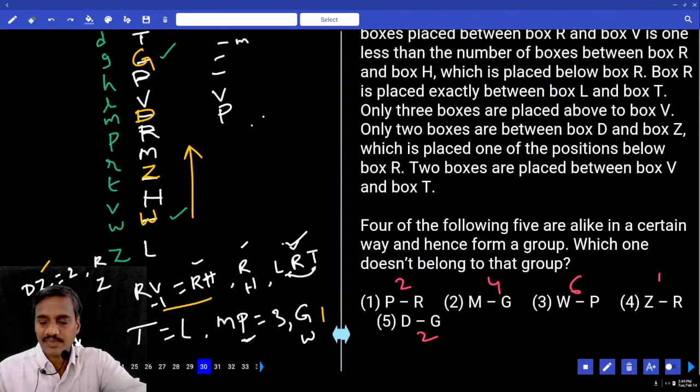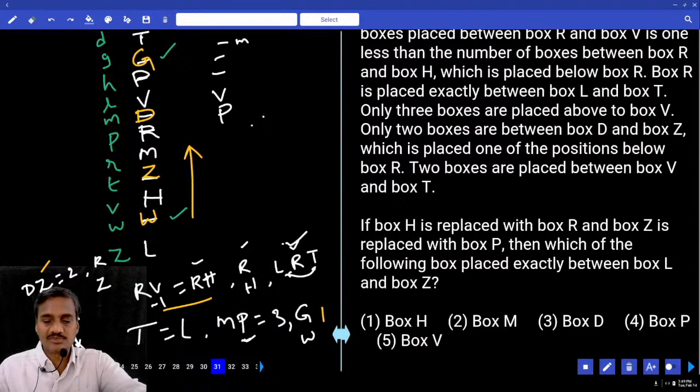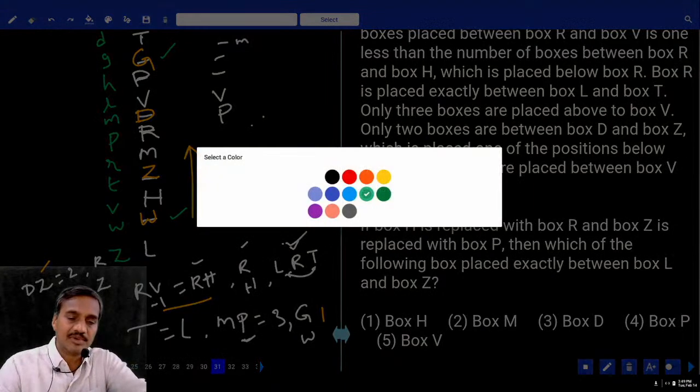మరి what is odd one? Even and odd, except choice 4. And in the remaining even number boxes are there in between. Here there are odd number box 30. Then finally 31. If H is replaced with R, H and R are replaced. If H and R are replaced,